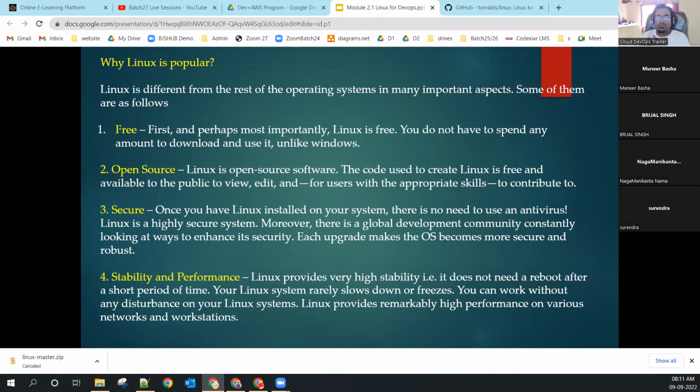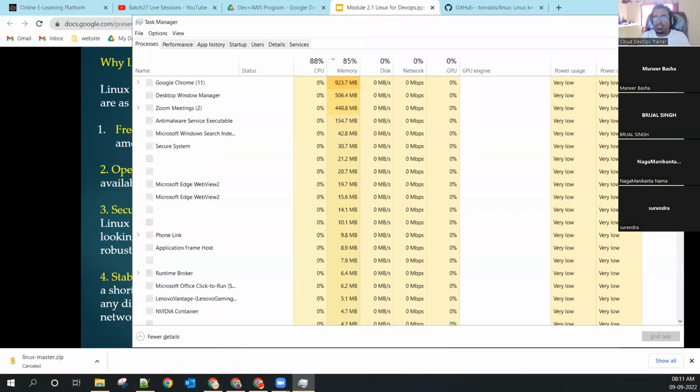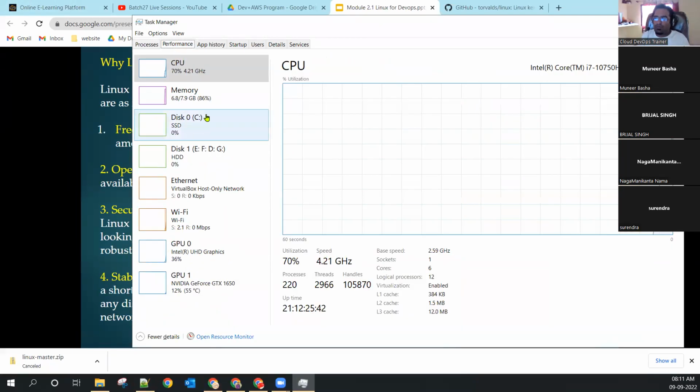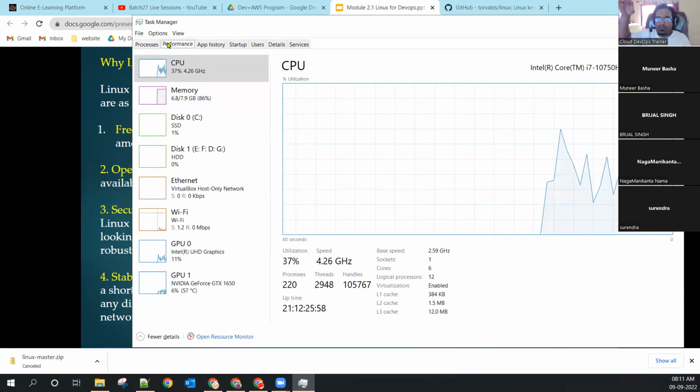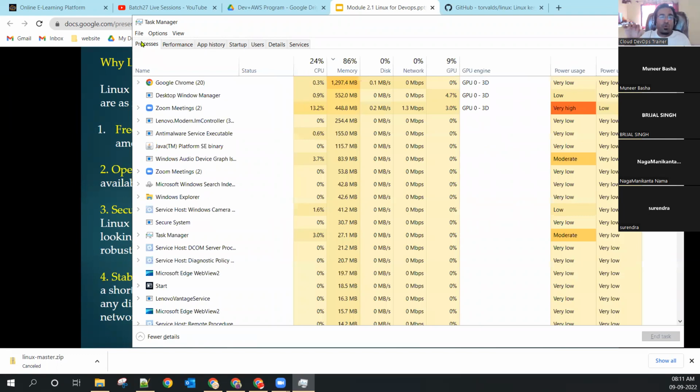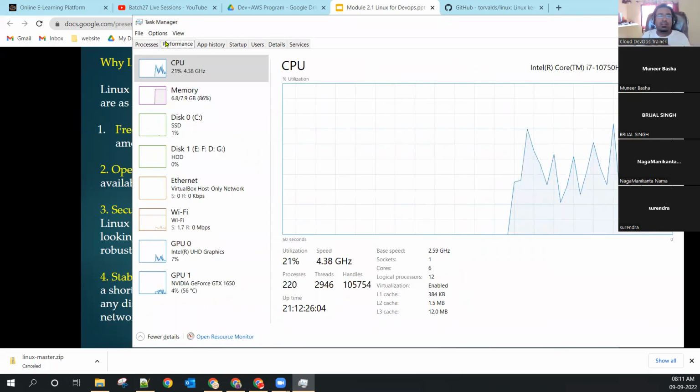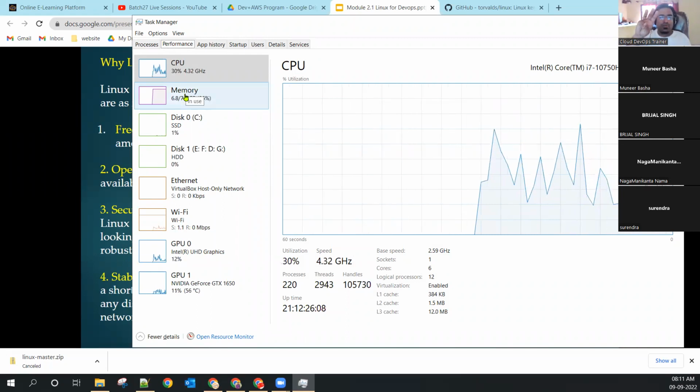Because if you take an example, at this point my machine is a Windows machine and my CPU is using 33% or 50% and memory is getting used 6.8% due to Chrome and Zoom. Chrome and Zoom are eating my complete memory. But if I use the same applications in the Linux environment, I can easily survive on my machine with 2 GB RAM or 3 GB RAM as well. Okay, the performance is good.